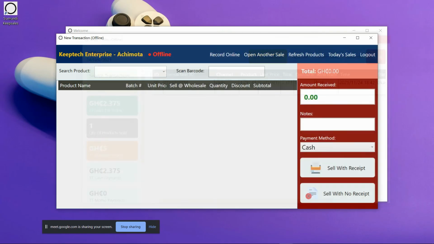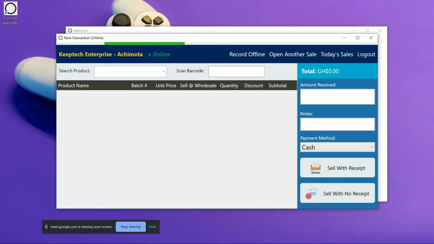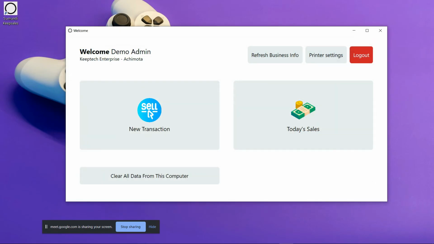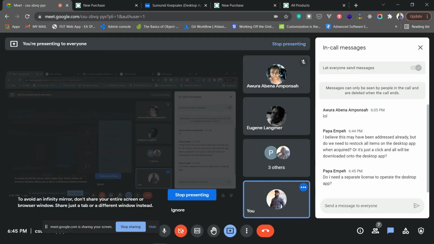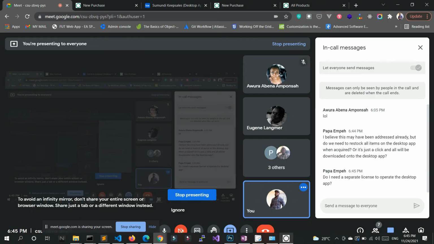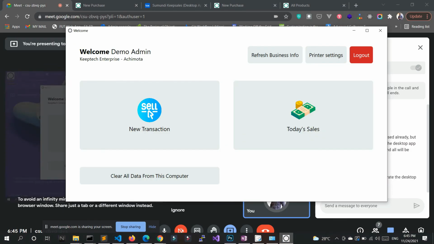All right, okay, so basically this is it for the desktop app. Really simple. We've already covered everything that we need to cover about the desktop app, how it works, and how we can help make selling faster, printing of receipts faster. So at this point, if there are any questions, okay, so on the desktop app, you don't have to restock the items,